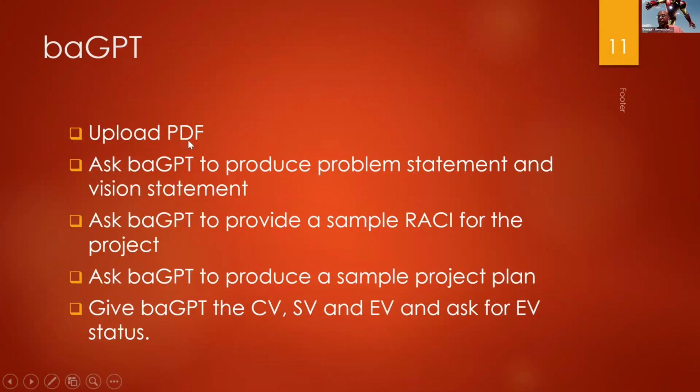I'm a contractor and I'm bidding on a certain job, and they've given me the preliminary information about the job that I'm bidding on. I can upload that PDF. Then I can ask the BA GPT to produce a problem statement and a vision statement that will explain what's in that PDF. So now I have a problem statement and vision statement that I can use with my project